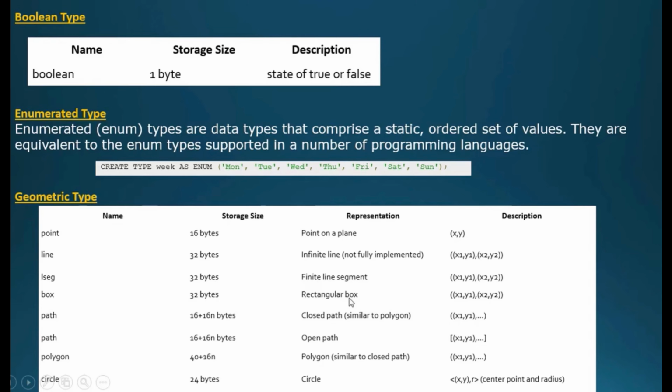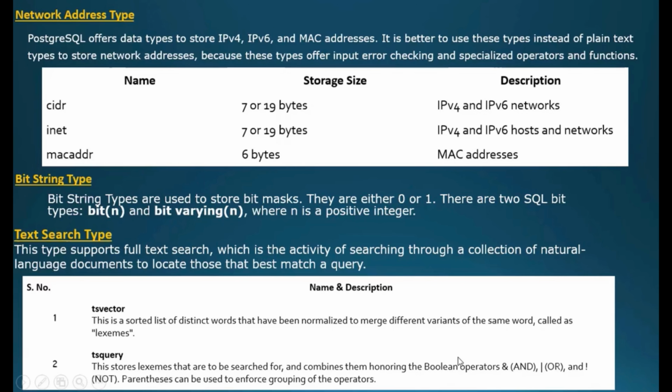It is used for spatial data like point, line, box, polygon, circle. And the next one is network address types. It is used to store the network information, to store the IPv4, IPv6 and MAC addresses. So by the above slide you can clearly observe that. And the next one is bit string types. It is used to store the binary data